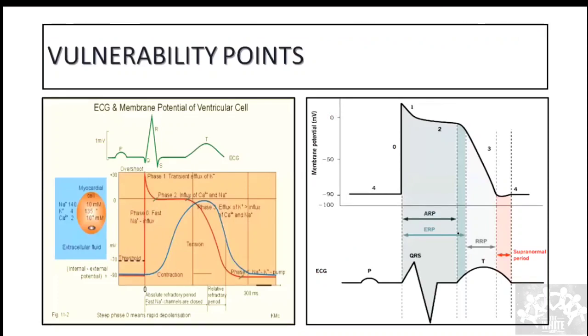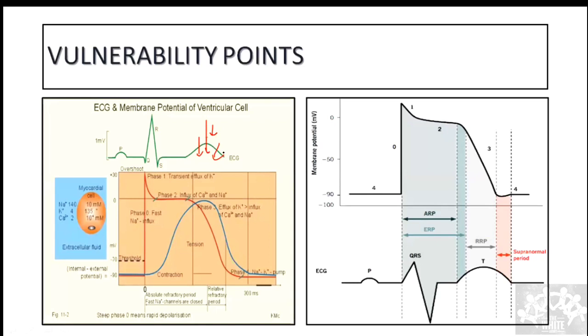We'll not touch much upon this. Yesterday I just mentioned that this whole thing is going to be the refractory period of the heart. In that there is something called the relative refractory period. Someone asked me to correlate that, which is why I've taken this slide. You see here, this is the refractory period in the heart. After the first third of the T wave is the region where there is a relative refractory period. During this period, if I give a very strong impulse, I can generate an arrhythmia. This is very important to remember.